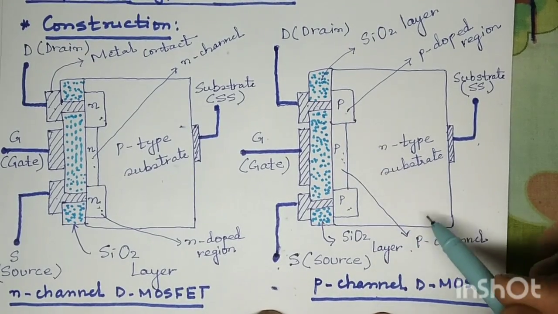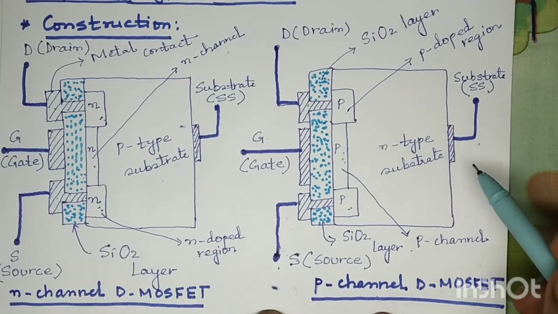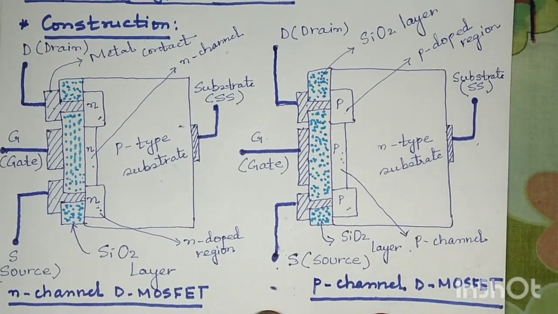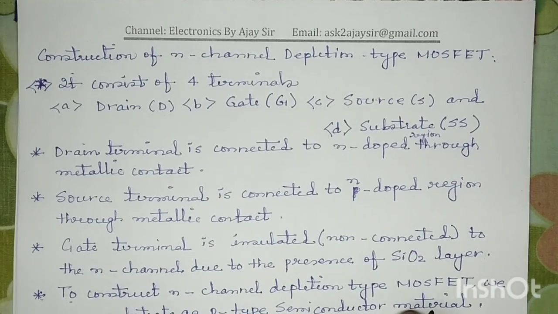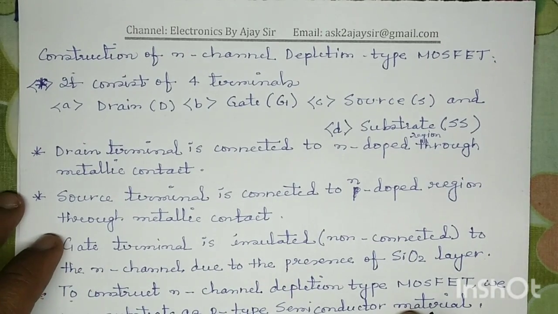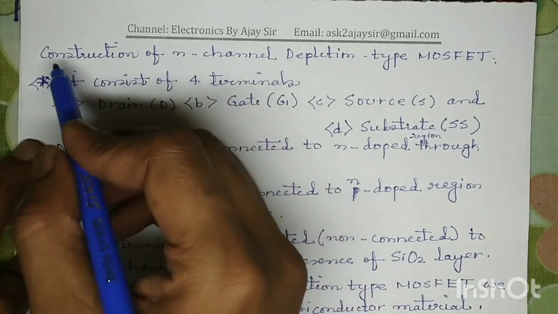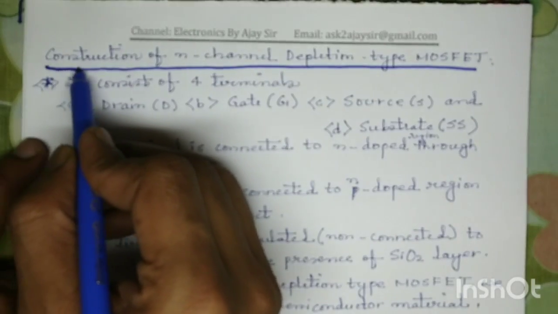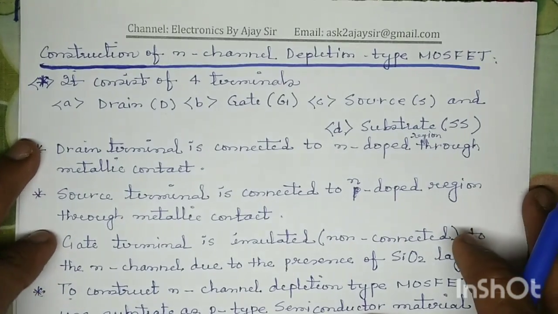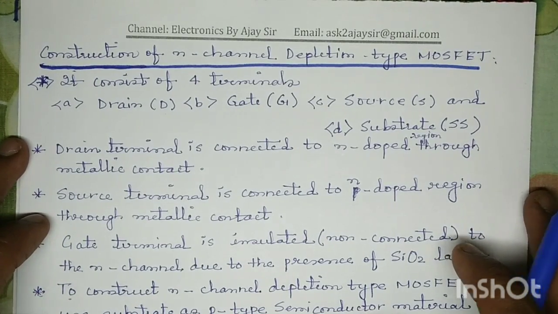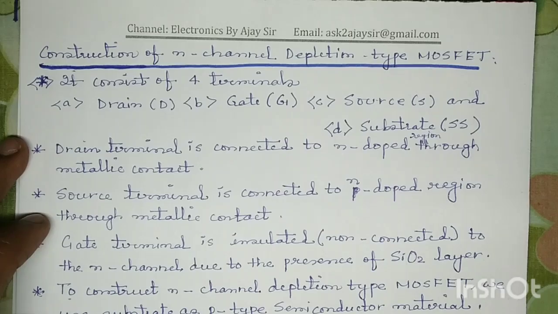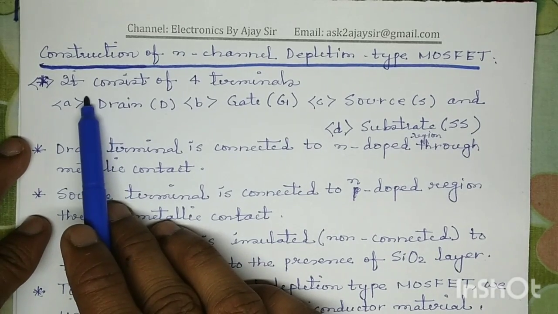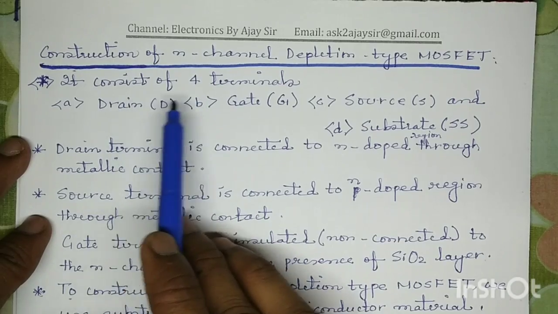And to construct p-channel depletion type MOSFET, we use substrate as n-type semiconductor material. So look at this. Here I have mentioned some points related to the construction of n-channel depletion type MOSFET. Once you understand the construction of n-channel depletion type MOSFET, in your own words you can explain the construction of p-channel depletion type MOSFET. So the first point here, it consists of 4 terminals: drain, gate, source